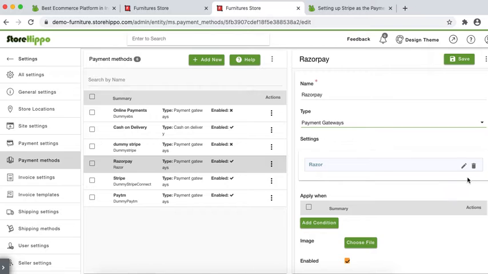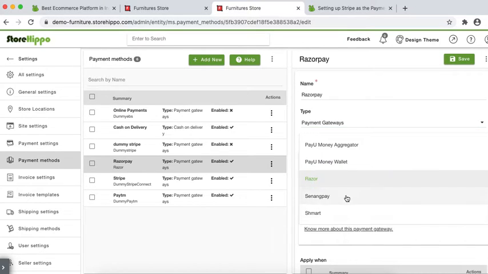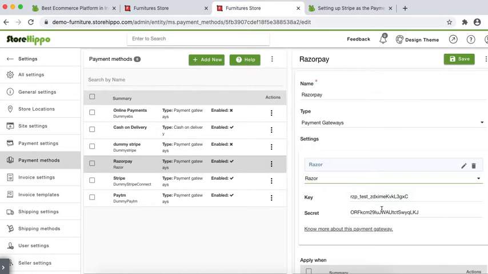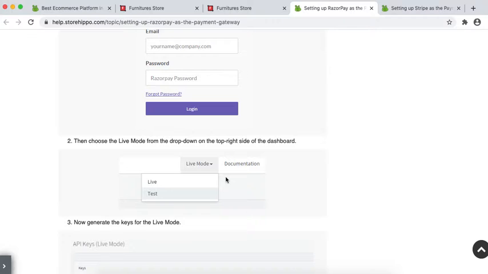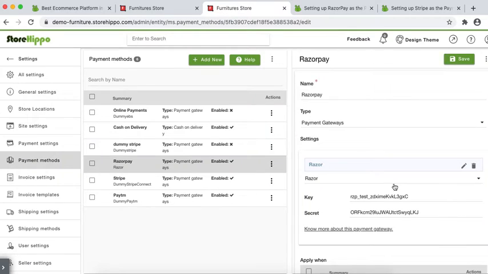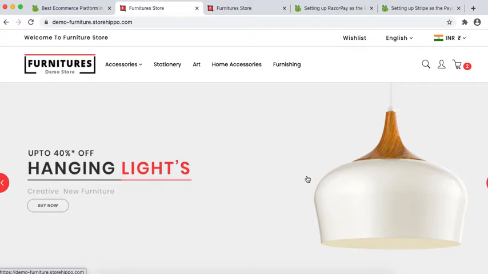If you select online payment gateway, then you can select one of around 50 payment methods, including all Indian payment methods and international ones. So once you select a payment method, you will be asked to enter certain details about that payment method. So you can also use our help center to see where you can find those credentials. So once you have configured the payment methods, those will be available on the storefront. So you can see in this storefront we have configured 4 payment methods. So let's go to the storefront and see how those are available.